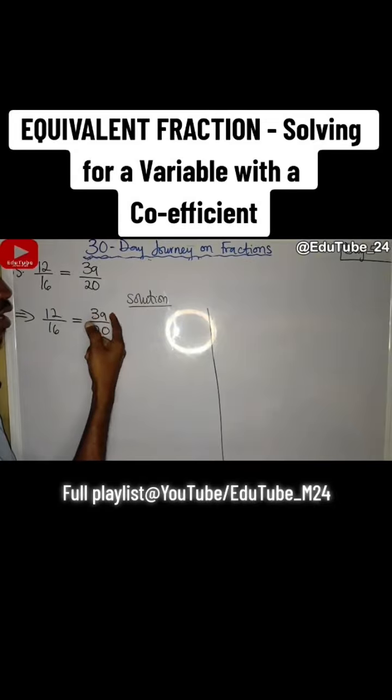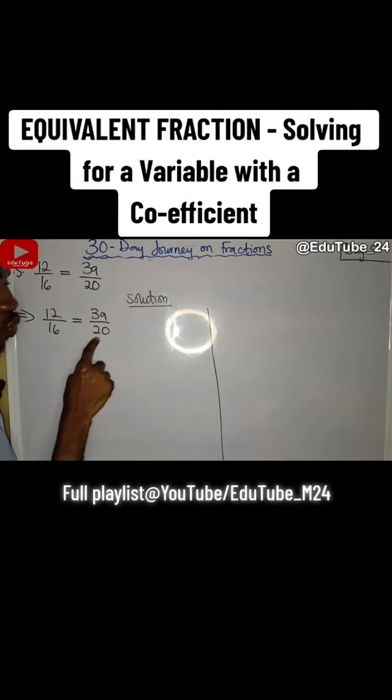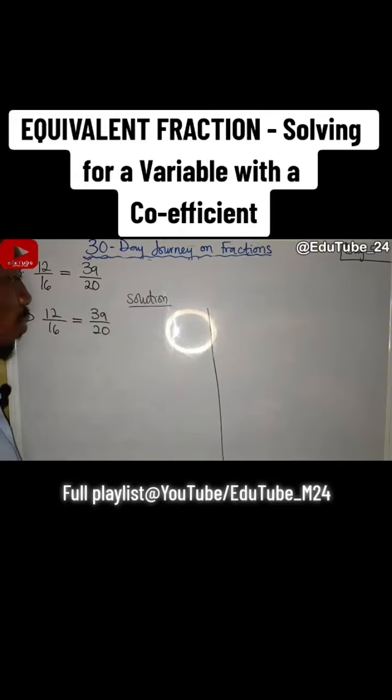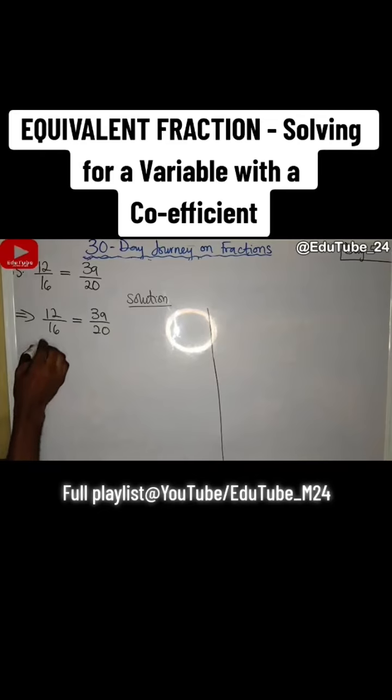We are isolating A and then we are eliminating 20. So if 20 is the denominator, that means to isolate A and eliminate 20, we are going to multiply both sides of the equation by 20, but at the numerator side. Okay, so that will be 12 over 16